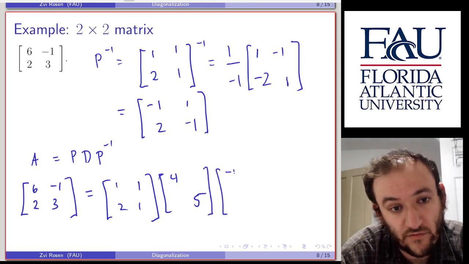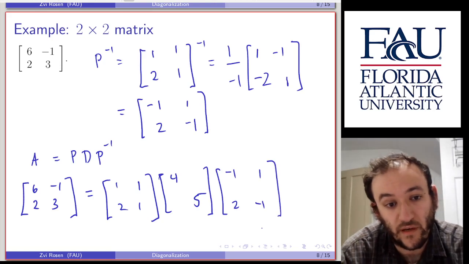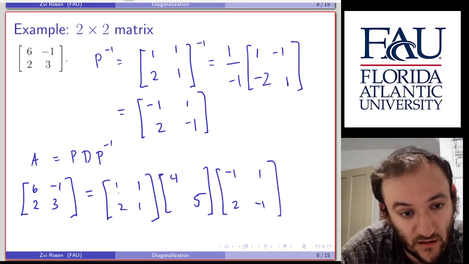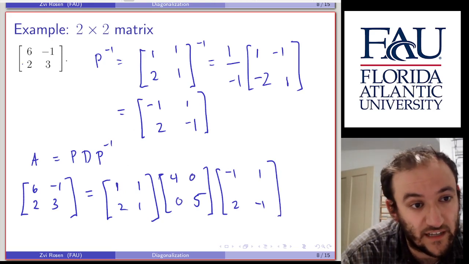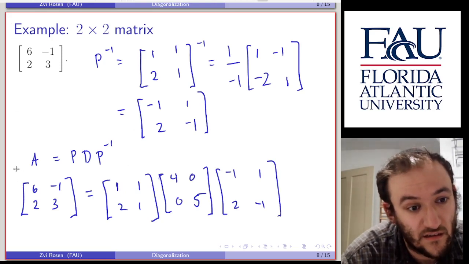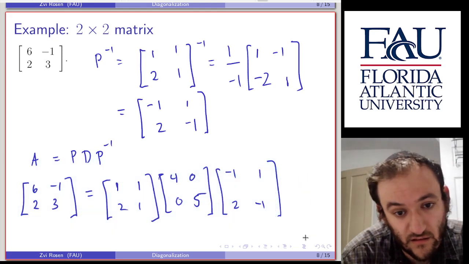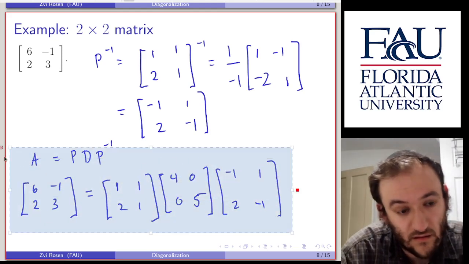And the inverse is [-1, 1; 2, -1]. Okay? Why don't we double check that this truly gives us